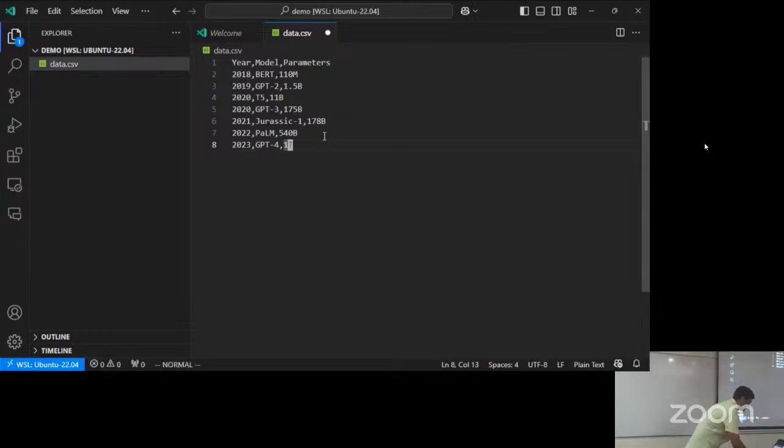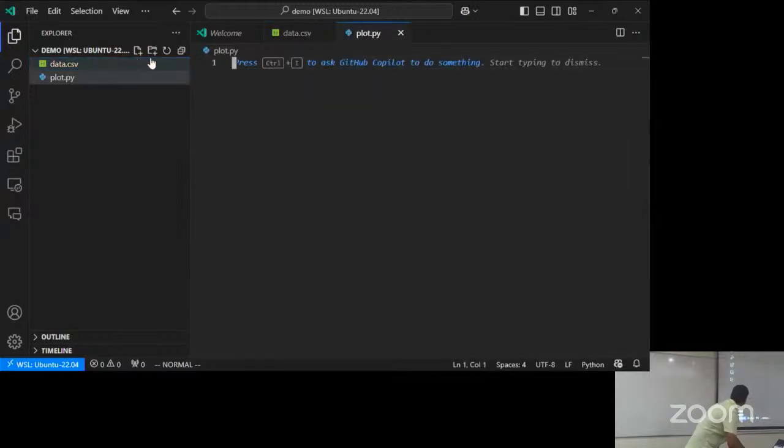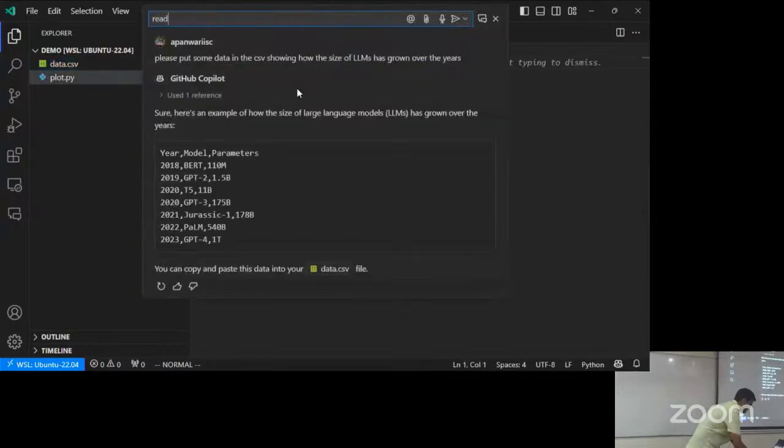So this has given me some data, and then we can ask it to make a plot based on the data. Let's say plot.py, with year on the x-axis and